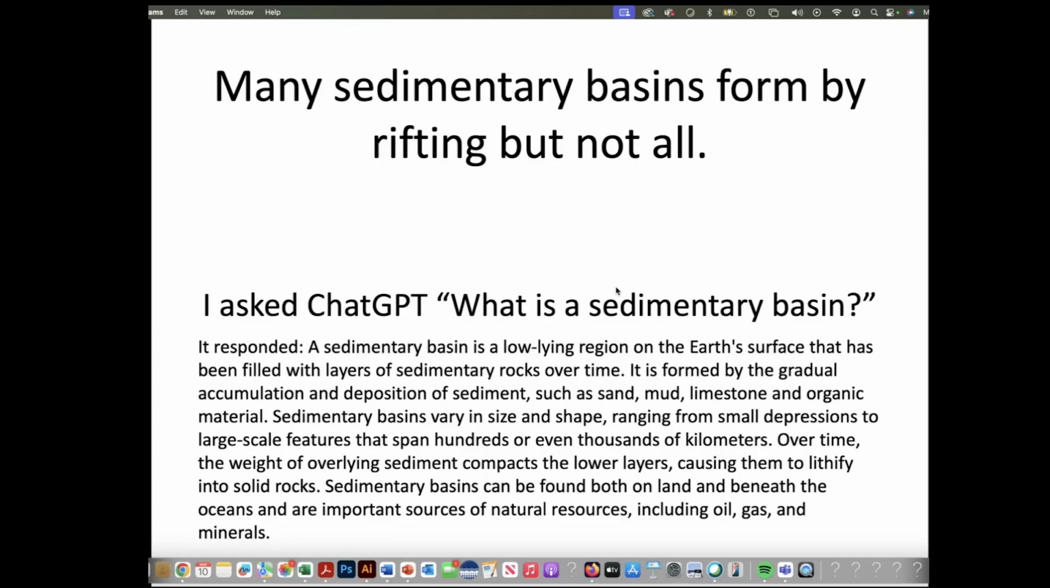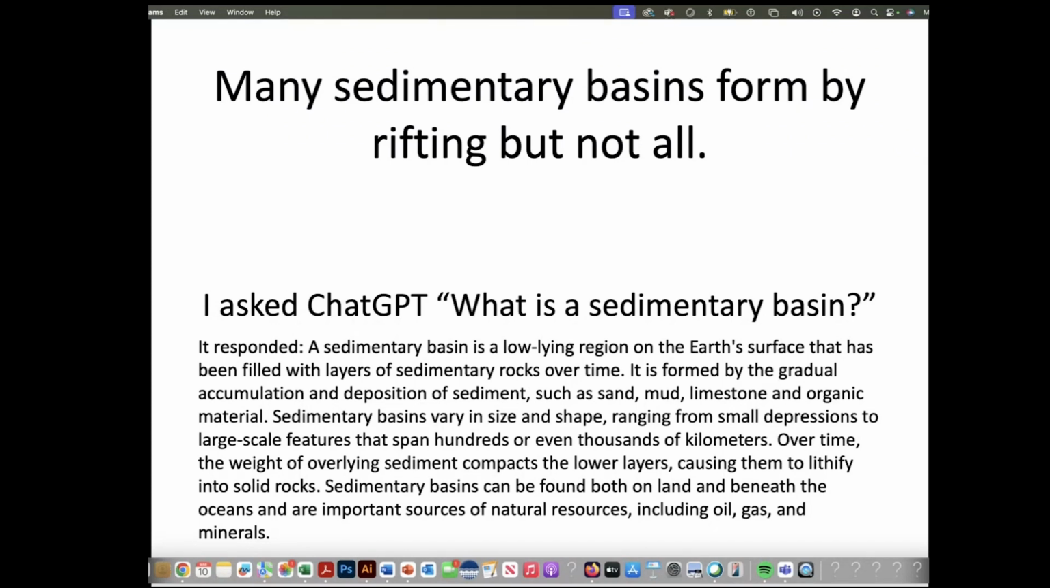Many sedimentary basins form by rifting, but not all of them. So I asked ChatGPT, what is a sedimentary basin? It responded, a sedimentary basin is a low-lying region on the Earth's surface that has been filled with layers of sedimentary rock over time. It is formed by the gradual accumulation and deposition of sediments such as sand, mud, limestone,